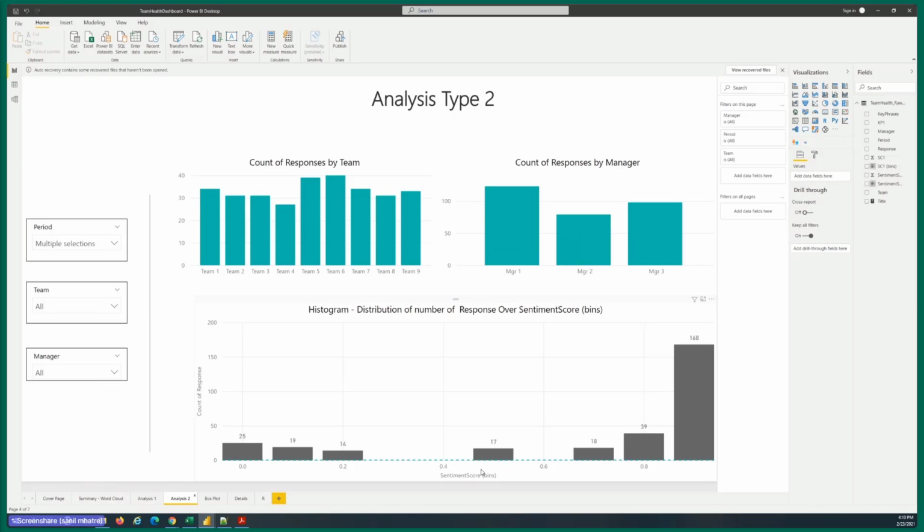So people who take the time and effort to write a response to an open-ended question have something to say, and they feel passionately about that. That passion can either be strongly positive or strongly negative, and that's what you see represented in this histogram as well.